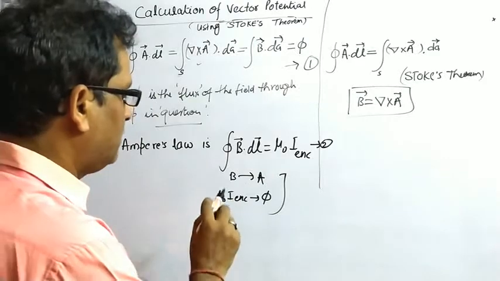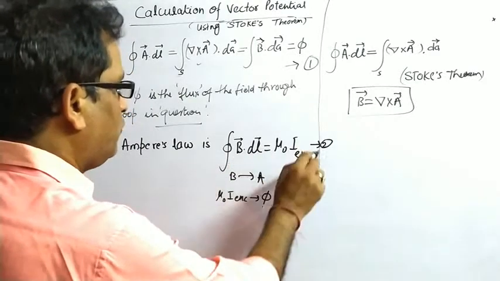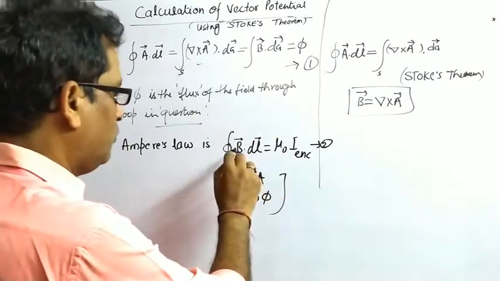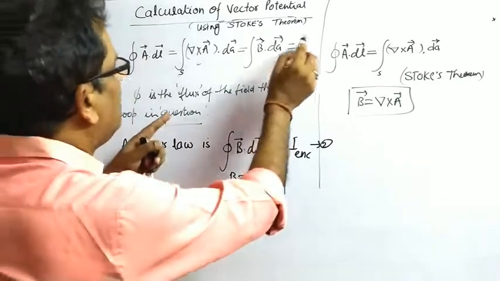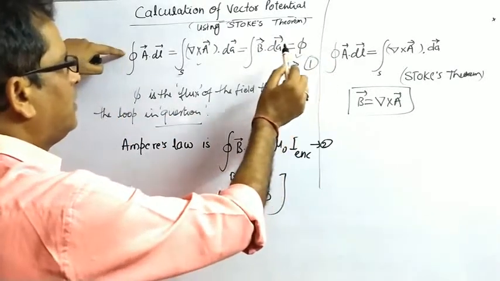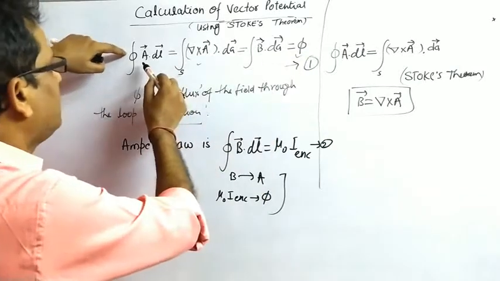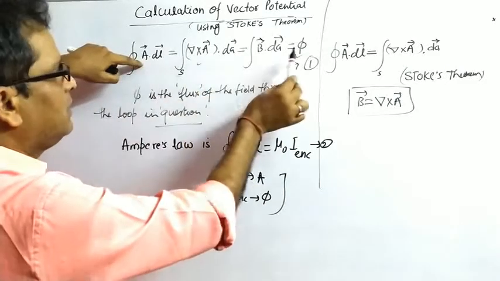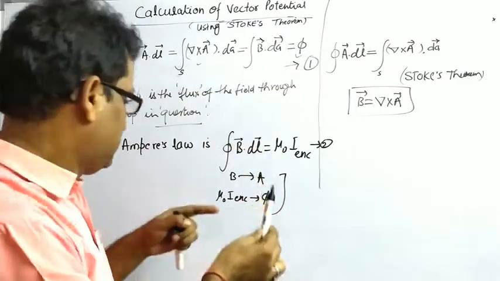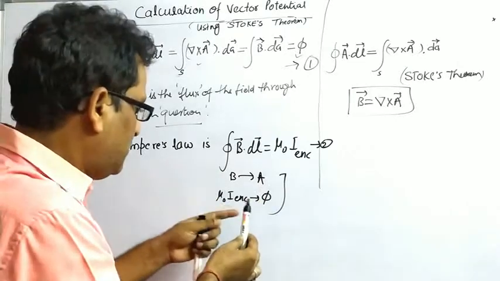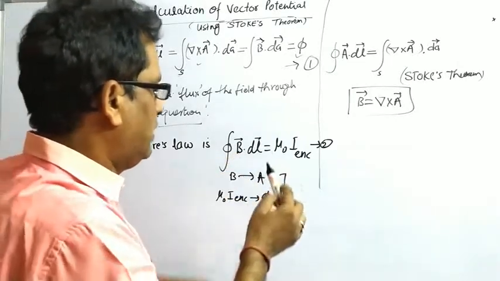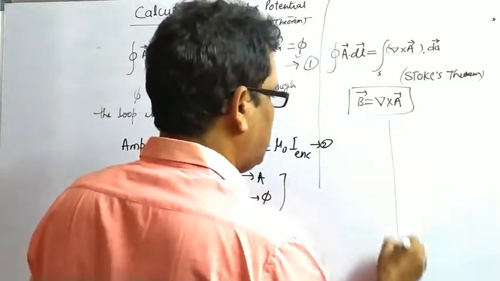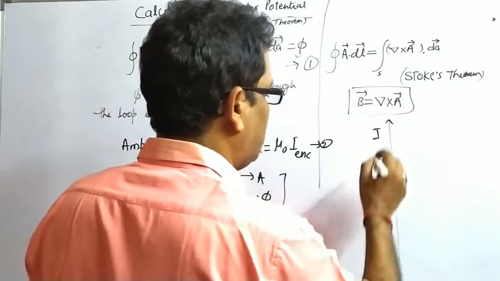इस इक्विवेलेंस का क्या मतलब है, जिस तरह से हम इस इक्वेशन से b निकाल लेते थे, I इनक्लोज्ड अगर पता हो तो, वैसे ही इक्वेशन 1 से, यानी हम फाई से a निकाल सकते हैं। ये कैसे निकालेंगे अभी एक एग्जांपल से समझेंगे। पहले मैं जस्ट एक चीज़ बता दूं कि b हम I इनक्लोज्ड से कैसे निकाल लेते थे। एक इन्फिनेटली लॉन्ग वायर का केस लेके समझाता हूँ। मान लीजिए ये इन्फिनेटली लॉन्ग वायर है जिससे I करंट फ्लो हो रही है,